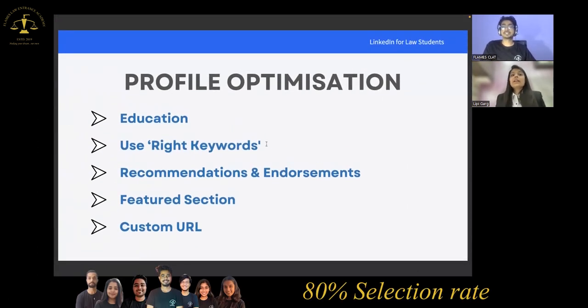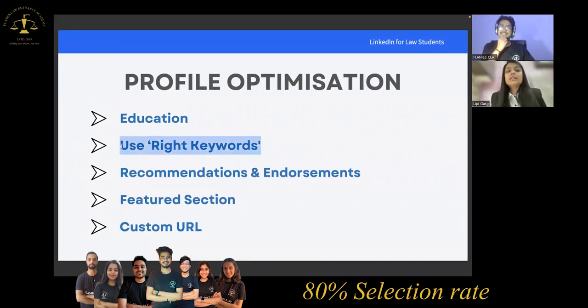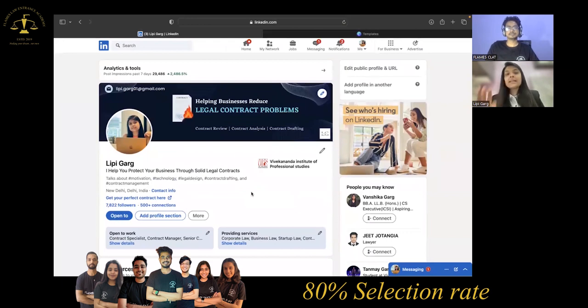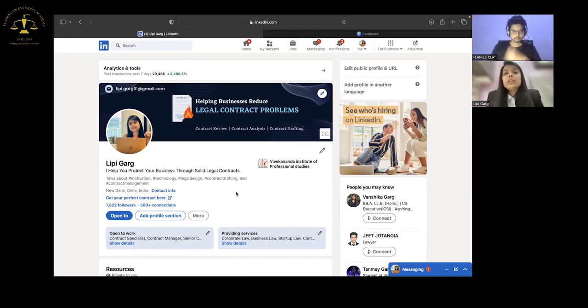Right keywords, very important. Now this is the most important thing, using the right keywords. Now, what do I mean by that? So I help law firms, lawyers and startups with contracts. Now, in my profile pic, not profile picture, in my cover picture, in my headline, in my summary section, in my hashtags, everywhere I have a mention of the word contract, because that's the major keyword for a person like me.